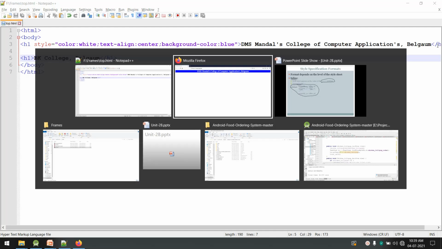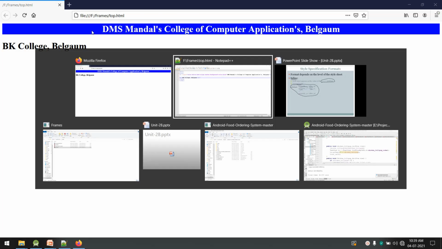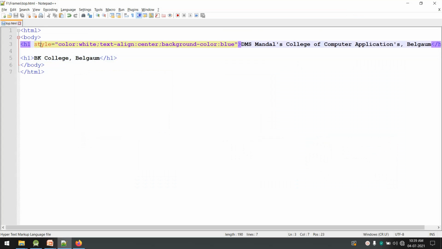Okay, I have saved it. I'll execute it. Now you can see even BK College is displayed in H1, but the styles are not applied to the BK College. Styles are only applied to the first H1 tag. Why? Because we have declared style details in the first H1 tag, not in the second H1 tag.